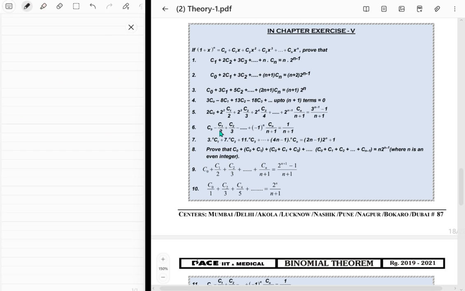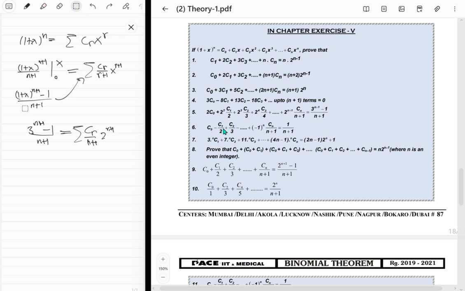Okay, let's go to sixth now. So you got c0 minus c1 upon... So look, same thing. Let's go back to that. So you got this thing, this whole thing. Actually, no, I'll just go with this. I mean, this is sufficient to do this. Right, so the same stuff. You got c1 upon 2, c2 upon 3 everywhere, but now you have an alternating negative,